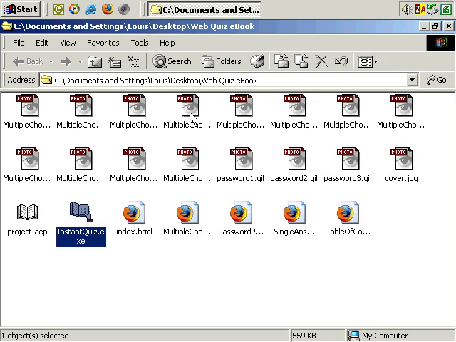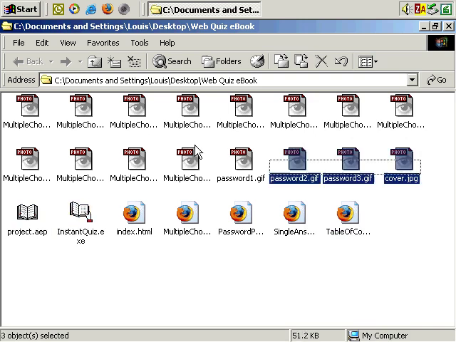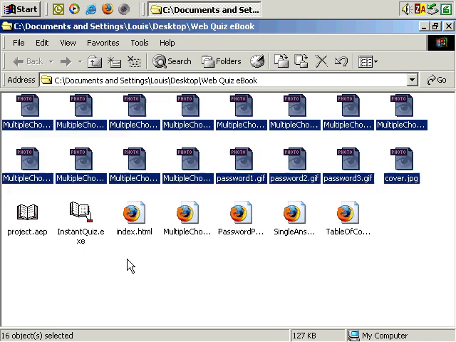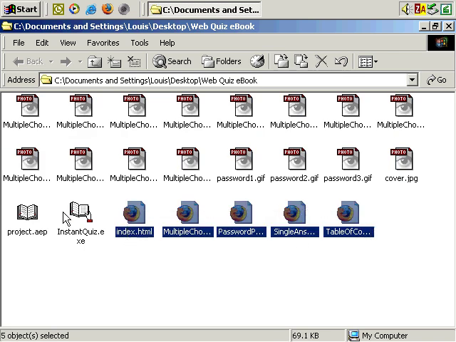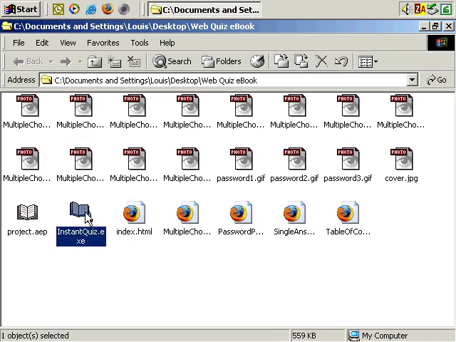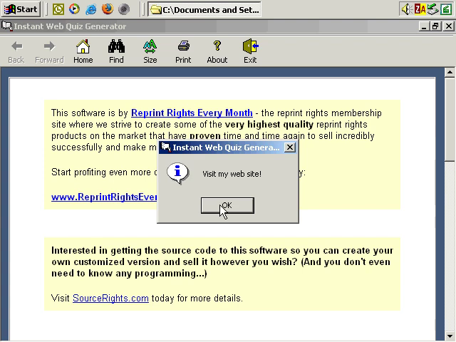I have my folder open here, which contains the graphic files and my web pages, which make up the Instant Web Quiz software, the eBook that has the code, the JavaScript code, to create the functionality of the software. And there's the project file for this eBook. So now, if I were to double-click the .exe file, which is the eBook file,